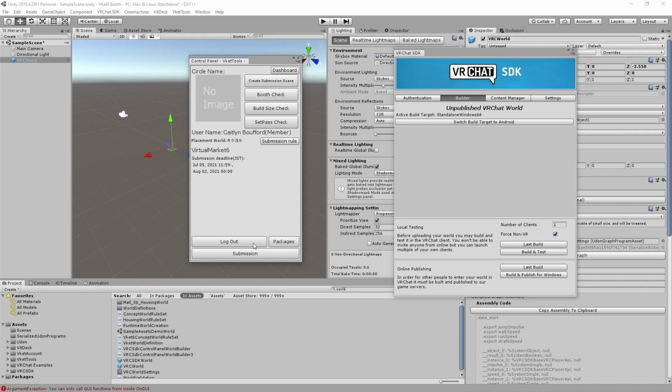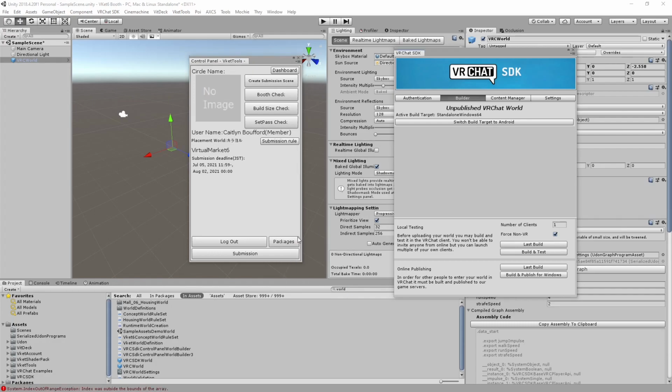We're getting pretty close. The next step after successfully logging in is to import the official assets, including the prefabs from the packages. You can find this on the bottom right of the control panel, this little section here, and you'll notice that each one of the packages are here. So let's go ahead and install the shaders. Keep in mind that each one of these packages may take a little while. Next, the Vcat Udon prefabs,